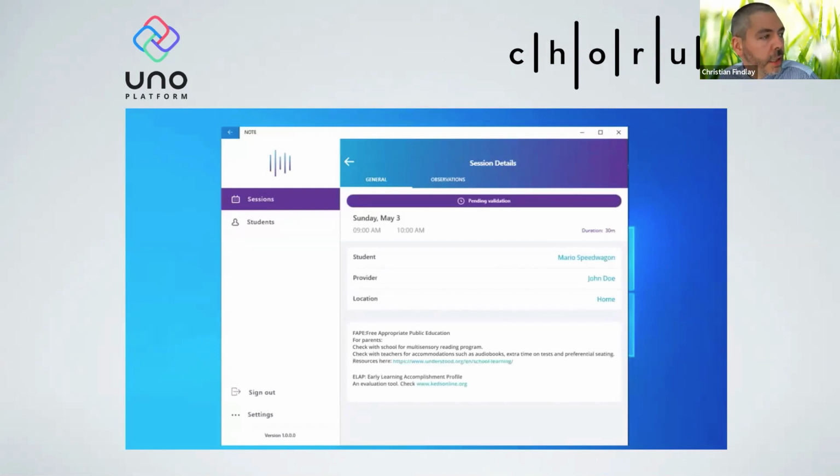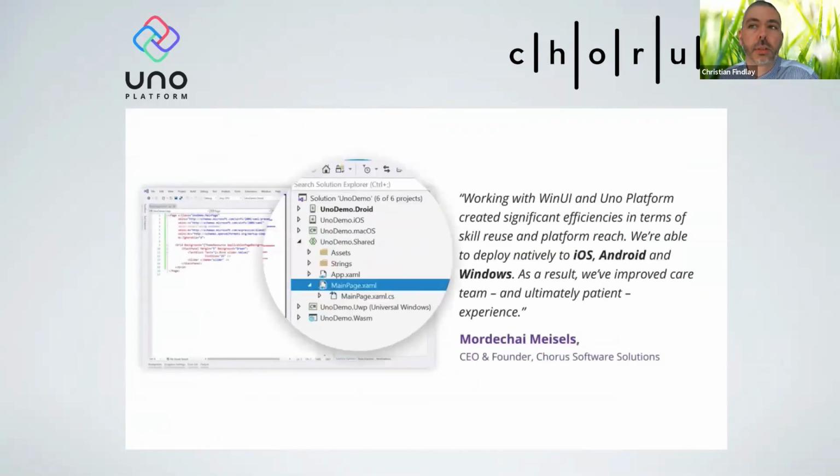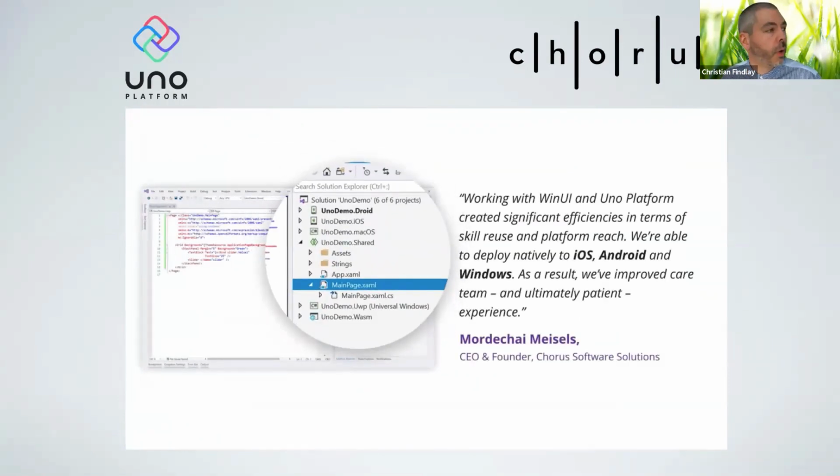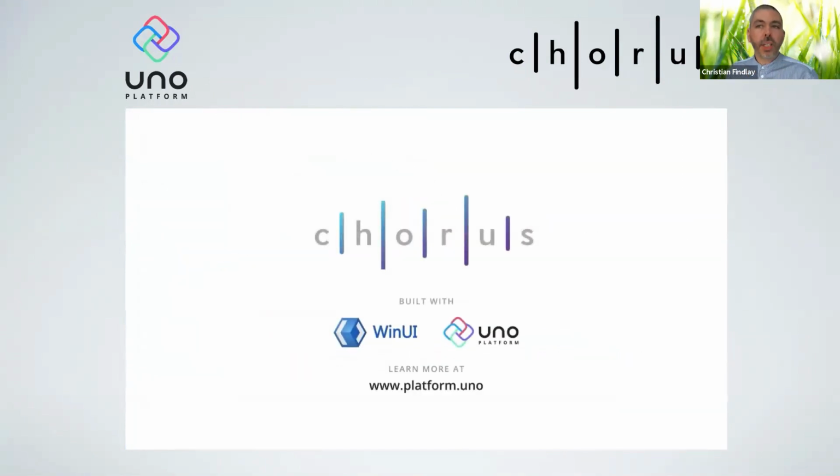As you can see, there is very, very good support for UI across all the different platforms. So that's only a little bit of a taste of what Uno can do. But you can see there that the UI actually does look the same across the platforms.